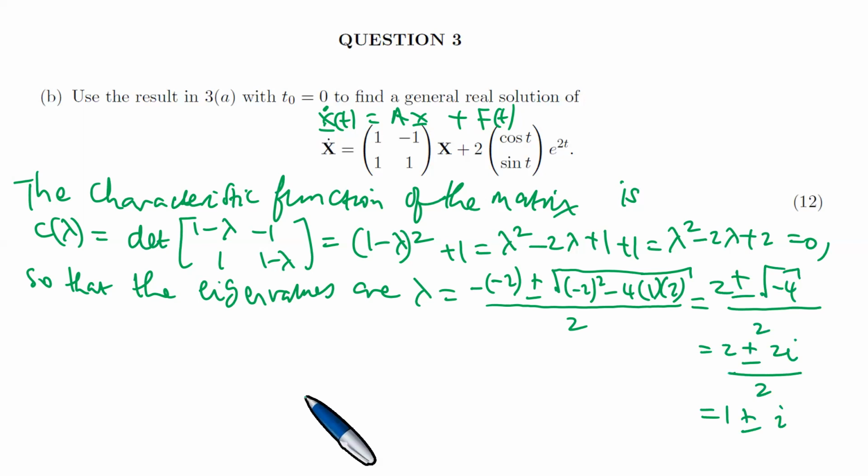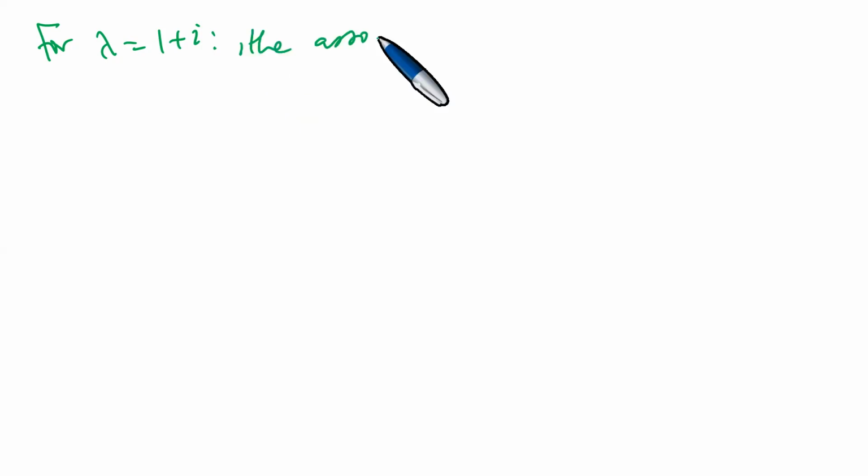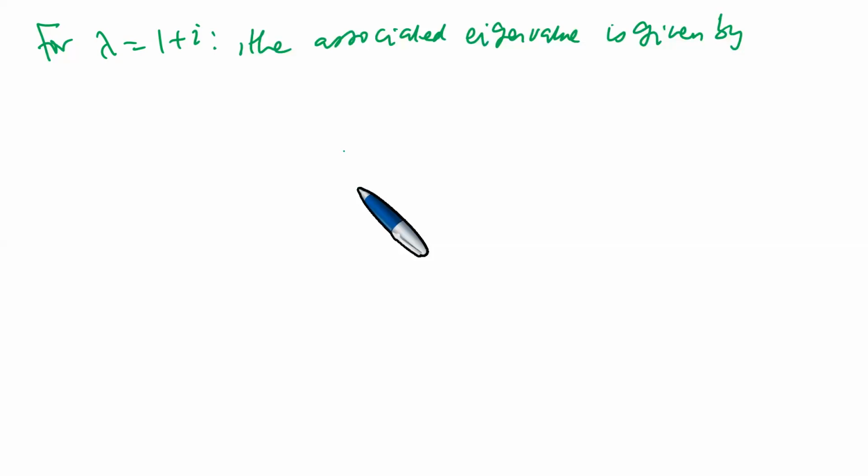Then we just need to get the eigenvectors of the matrix. Okay, this came in the exam, question 3, part B. So we have the eigenvalues, and then we just need to get the eigenvectors. Let's just practice with this one. Normally these become complex conjugates. For lambda equals 1 plus i, the associated eigenvector is given by,